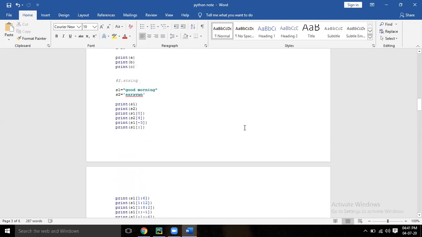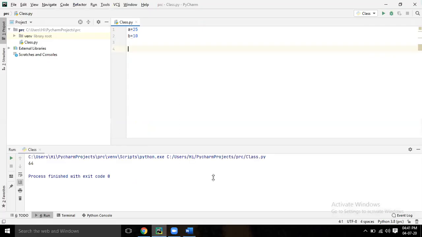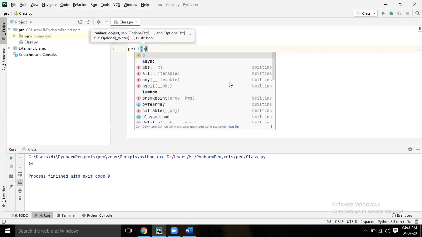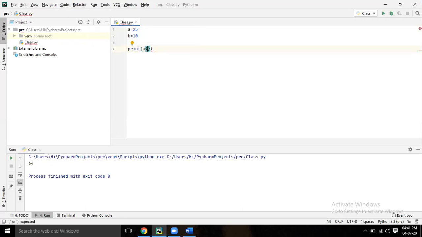How to print 2 and 5 separately? No, sir, I don't know.